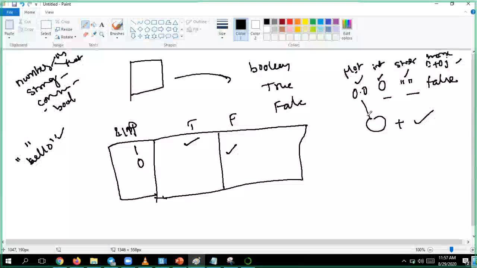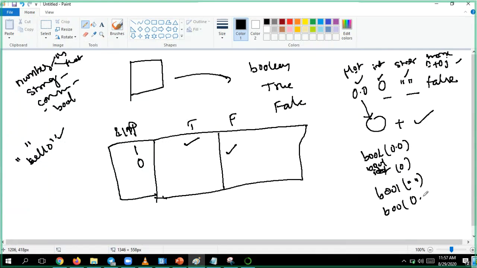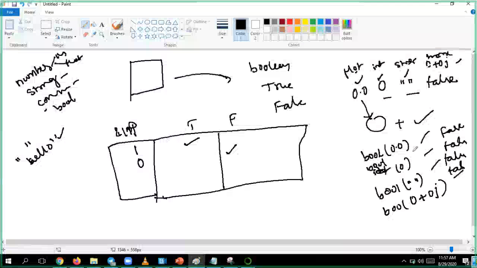So give this object to boolean of 0.0, or boolean of 0, or boolean of empty string, or boolean of 0.0 plus 0j. If you give these things, 100% they are false. They will return false as boolean value. Apart from these values, everything will return true.